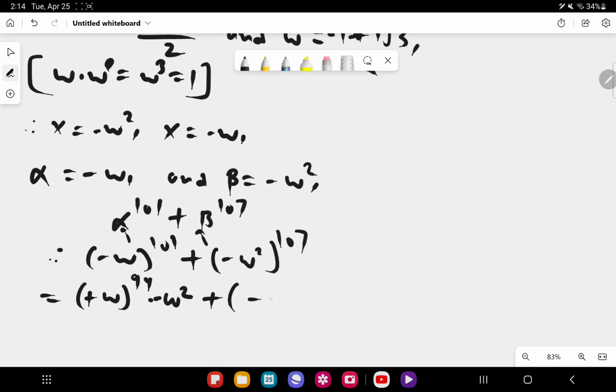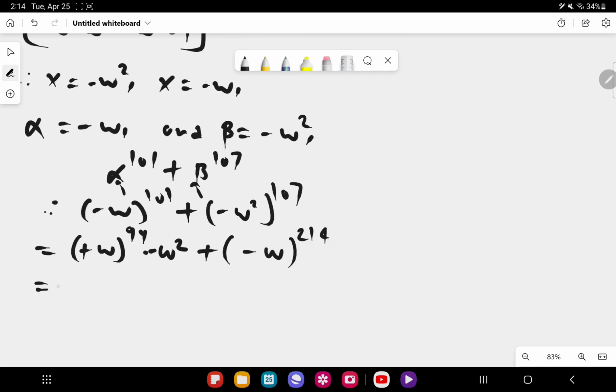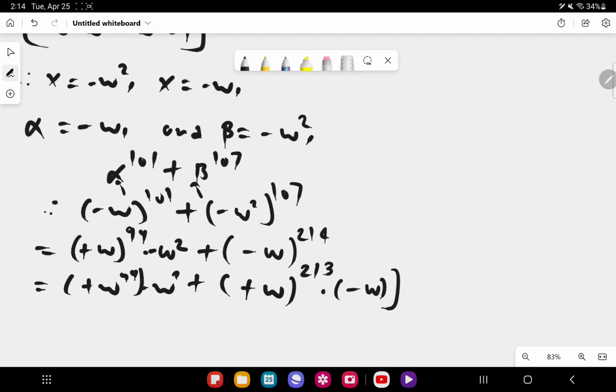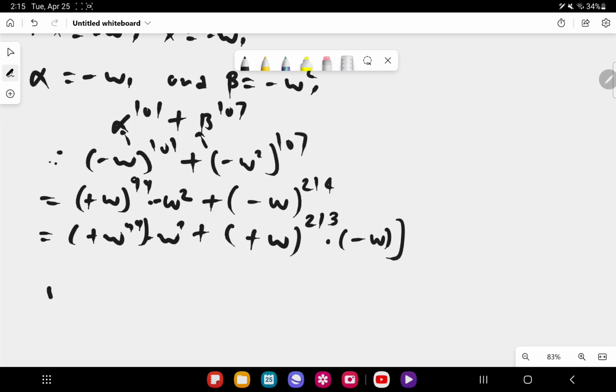And this is minus omega to the power of 214, which can also be written as minus omega to the power 99 times omega square plus omega to the power of 213 times minus omega, correct folks? Now omega cube is equal to 1, therefore omega raised to 99 is also equal to 1, and